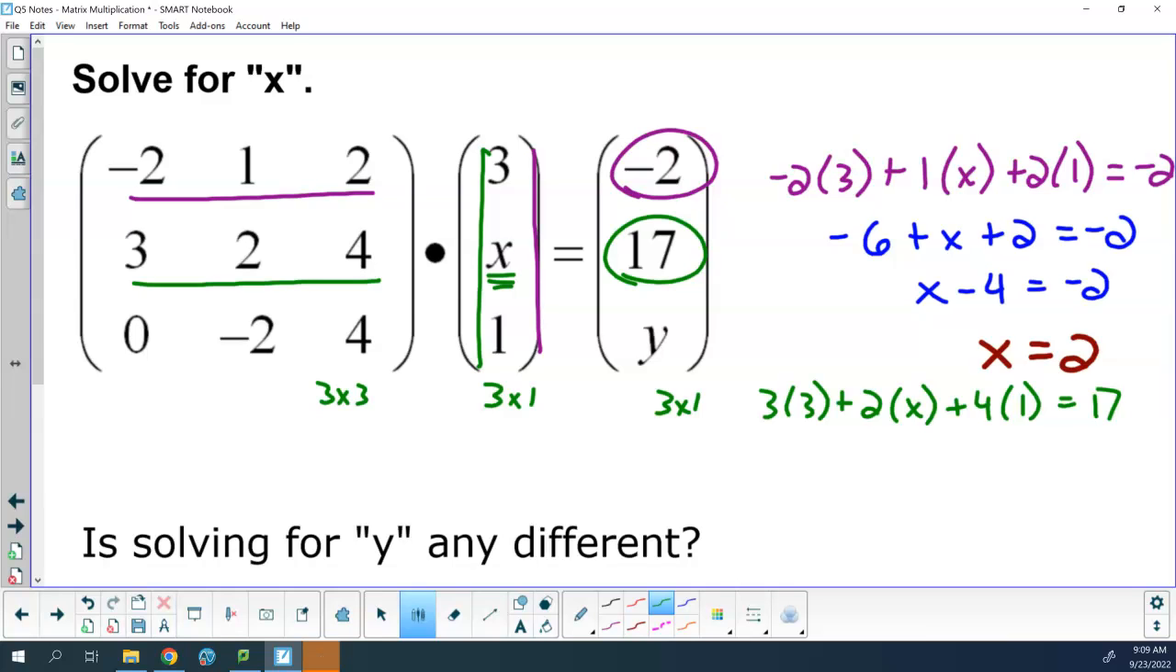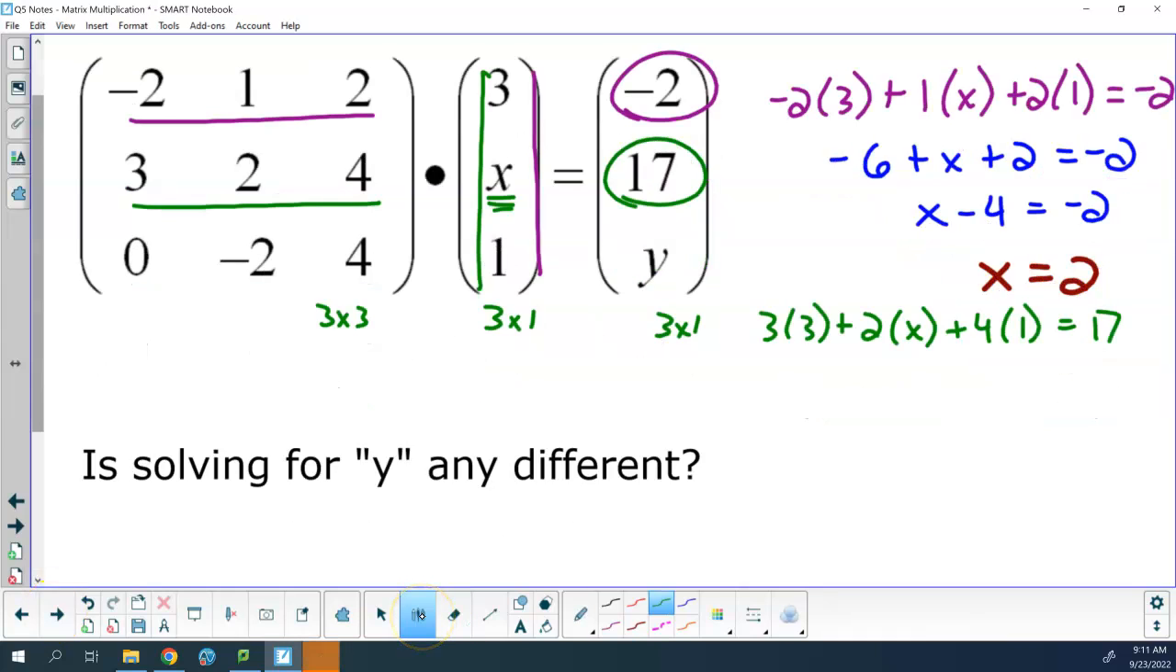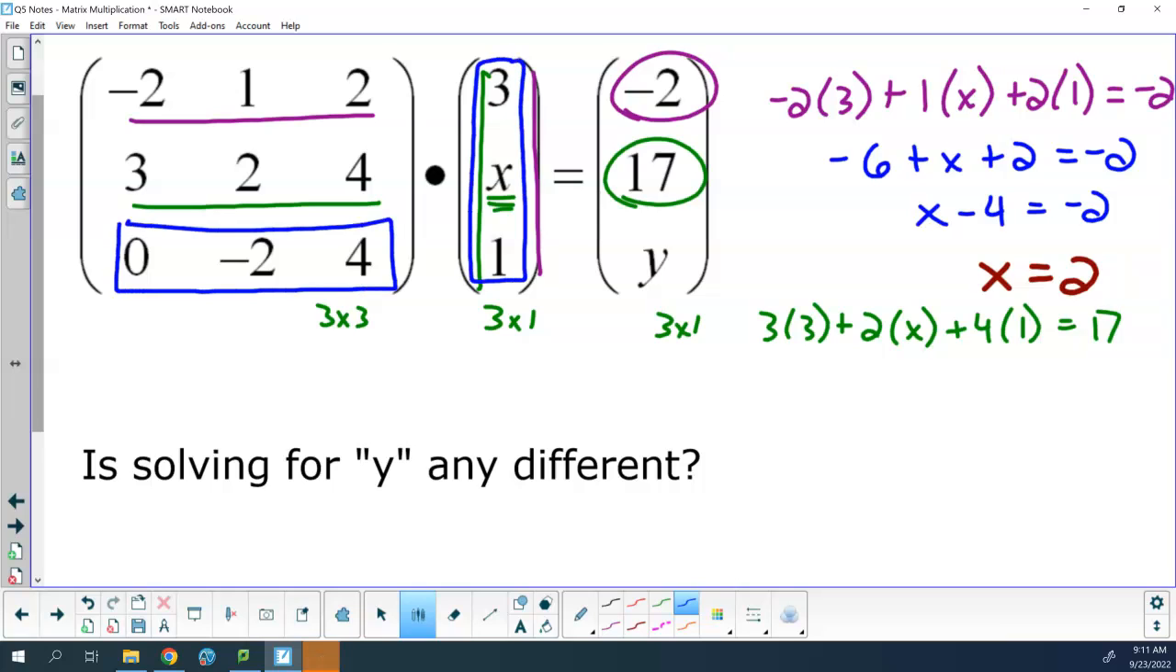Okay. You now solve these for y. Solve this matrix equation for y. So if I'm solving for y, I would take the third row. Wrong color. I would take the third row times the first column, and it would give me y. So that would be 0 times 3 plus